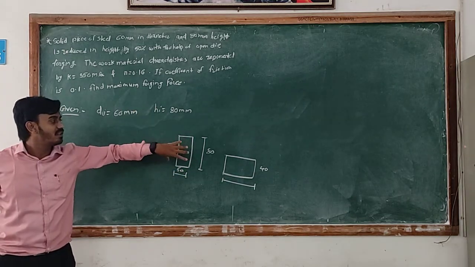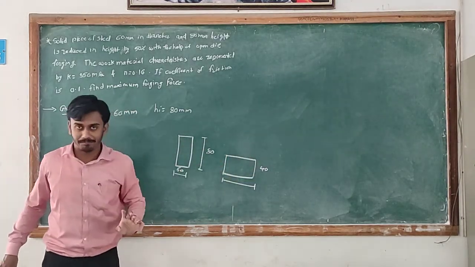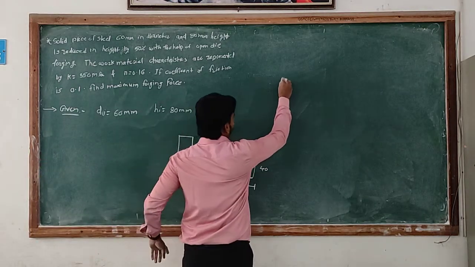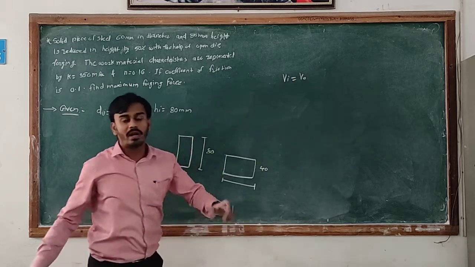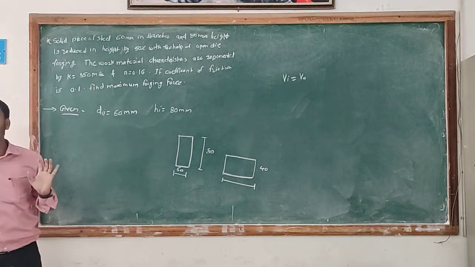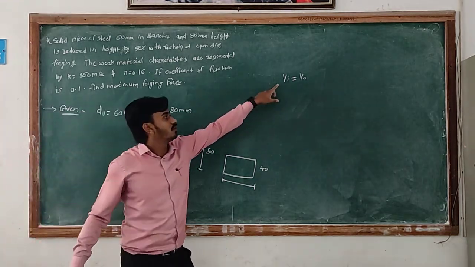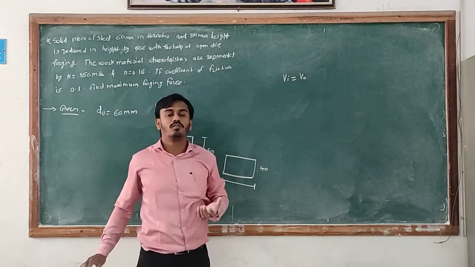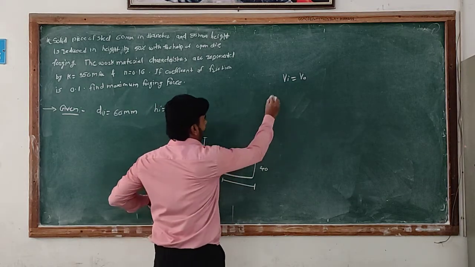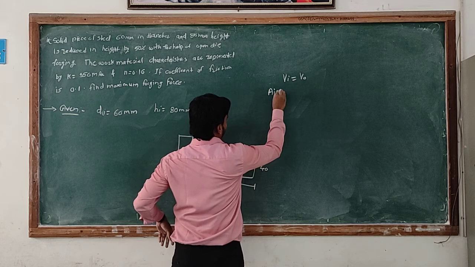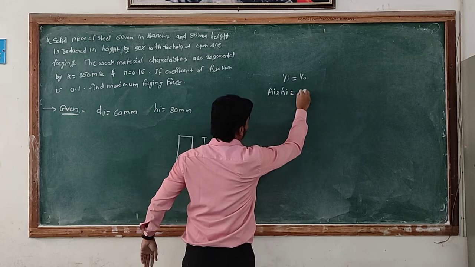Because in this case the initial volume of the material and the final volume of the material remain the same. So first of all we write that initial volume is equal to final volume. While in the forging process, the volume of the material remains the same, which means once the height reduces, the area will increase. The formula for volume is area into height. So initial area into initial height is equal to